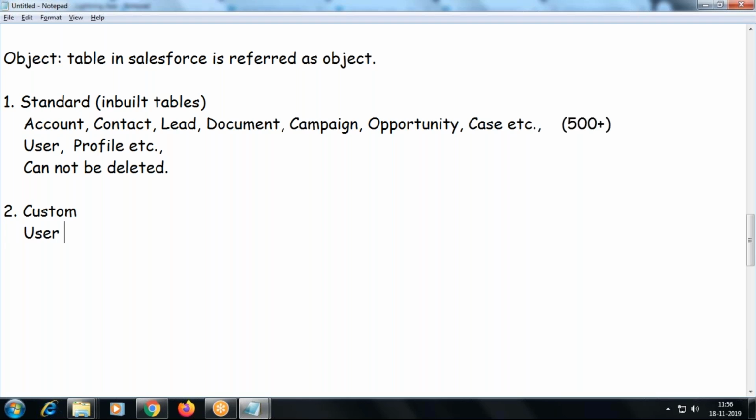So this is a user defined object, right? A user defined object is created by the user. Who can create it? Not all users. The user who has permission to create, right? As an administrator, I have permission, I can create, but not every user can create an object.